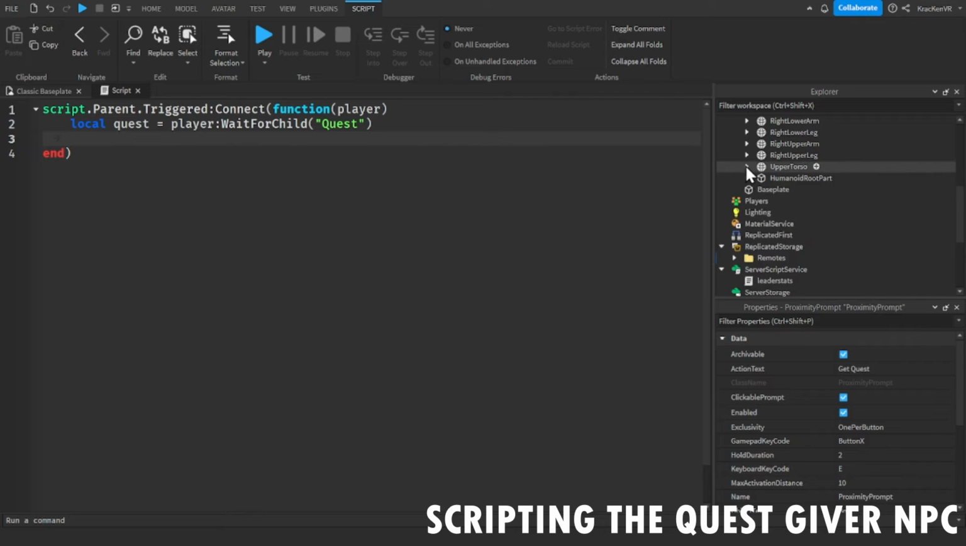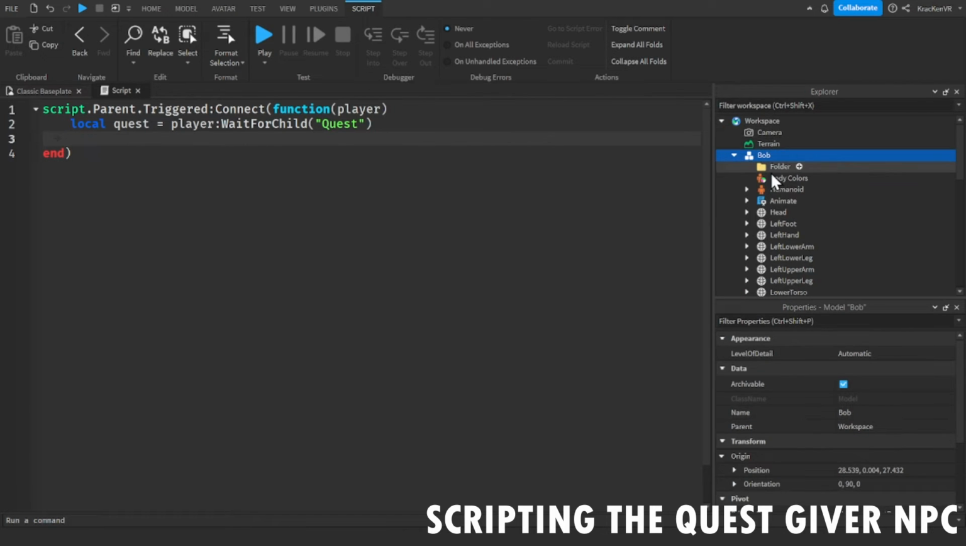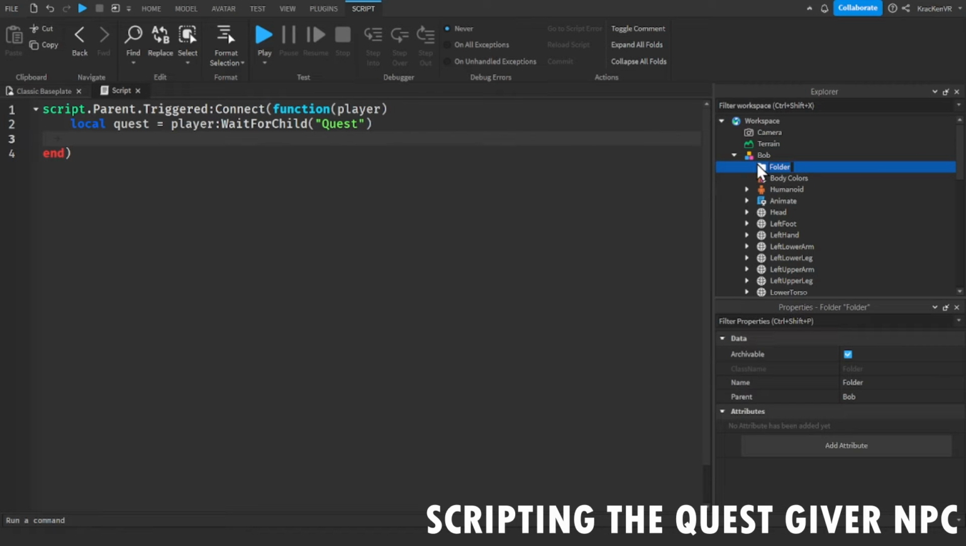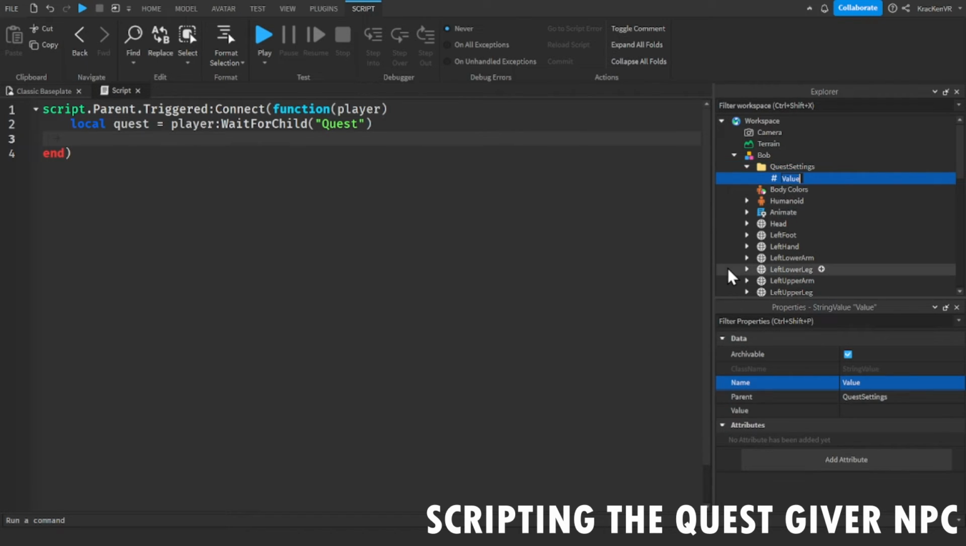And before continuing the code, we are going to insert a folder inside the Bob, aka the rig, and we're going to call this folder quest config or configuration or quest settings. Let's add a string value inside of here called quest giver name, and we're going to set the value to Bob,